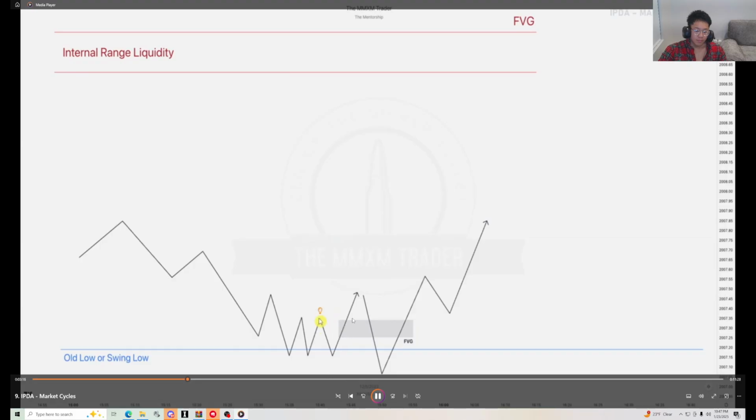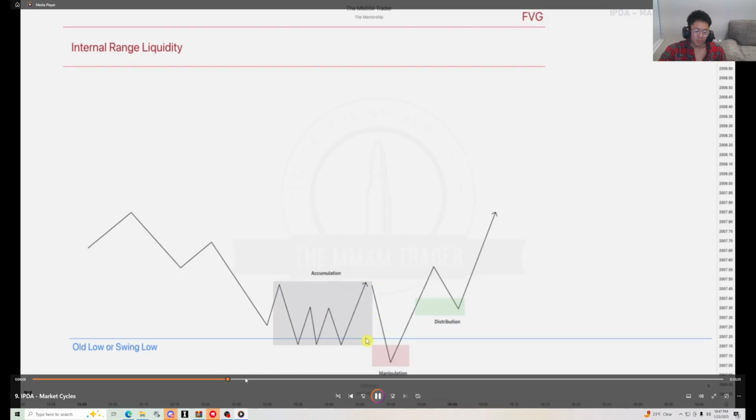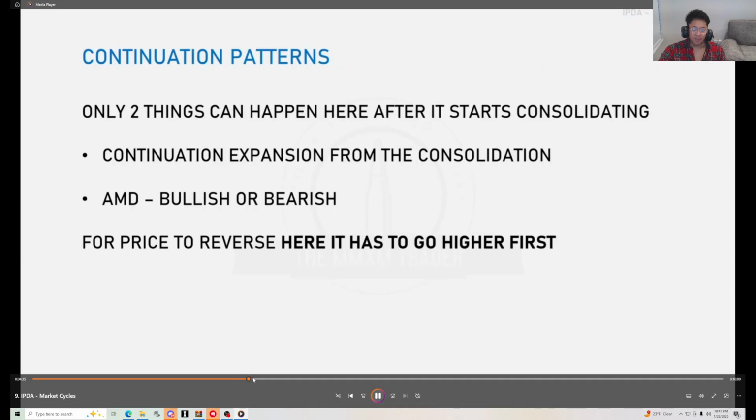We have a break of structure over here, but no, we are not reversing from this. Why? Because we have the liquidity up here, right? It should be a depiction of that accumulation phase, right? The manipulation phase below, down, sell stops, boom, right? Order pairing, again, external range liquidity, then distributing up higher in the process, expansion from the consolidation, right over